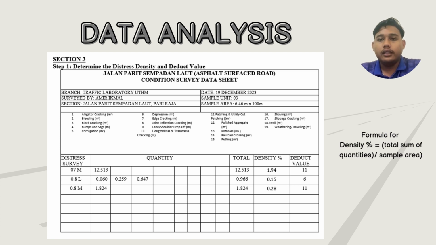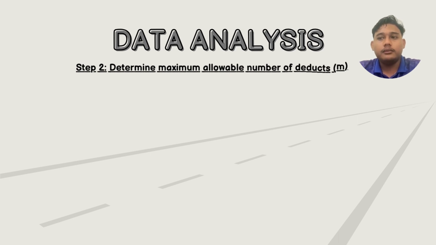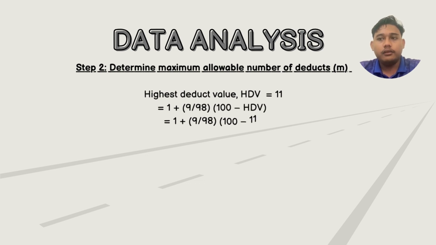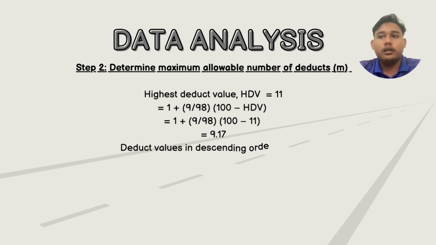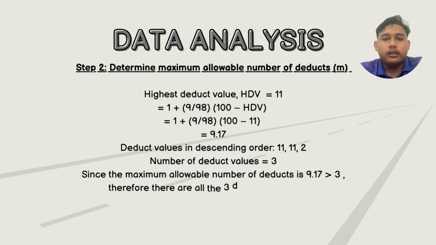The density we use formula total sum of quantity over sample area, and for deduct value we get from the graph of deduct value versus percentage density. Step 2 is determine maximum allowable number of deduct. The highest deduct value is 11. The formula of maximum allowable number of deduct is 1 plus 9 over 98 multiplied by 100 minus highest deduct value. So the answer is 9.17,